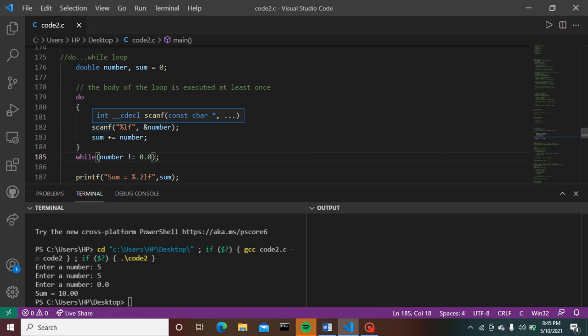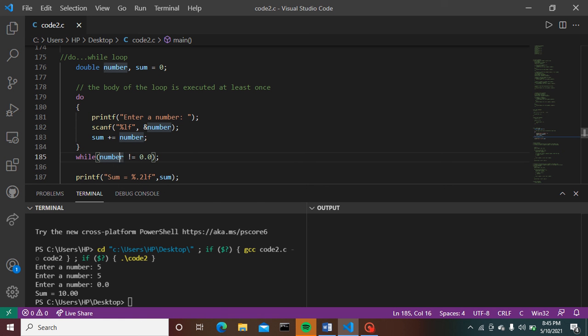So it goes to the do loop, tests the condition and checks for the respective input. Here we have entered a number 5. Again we have entered a number 5.